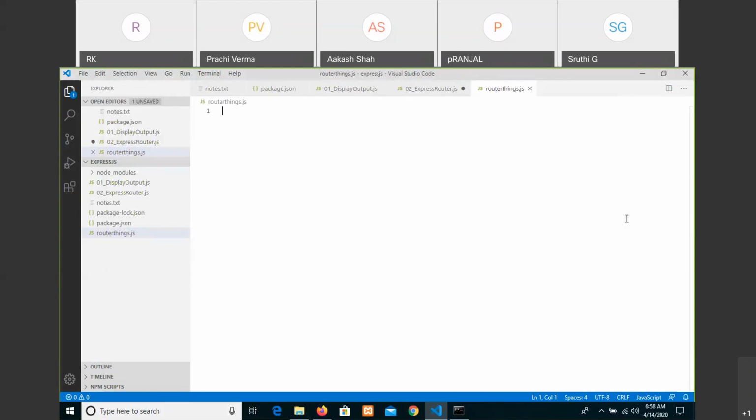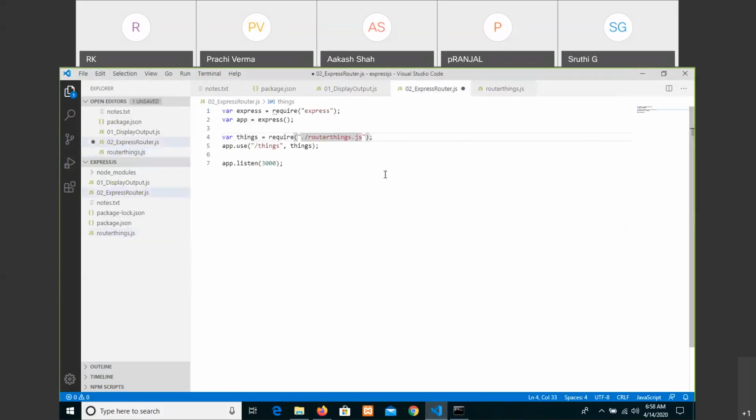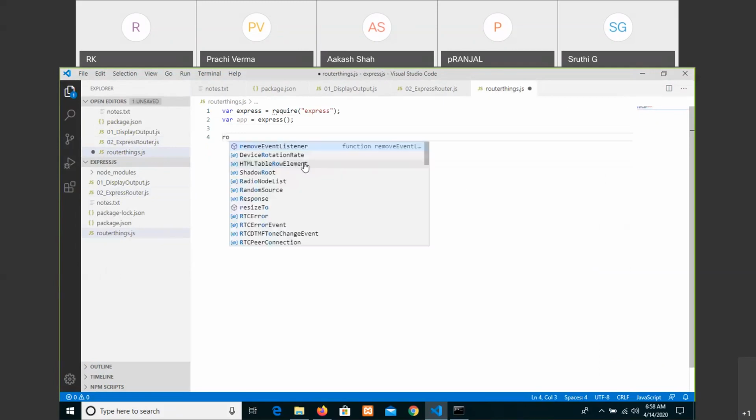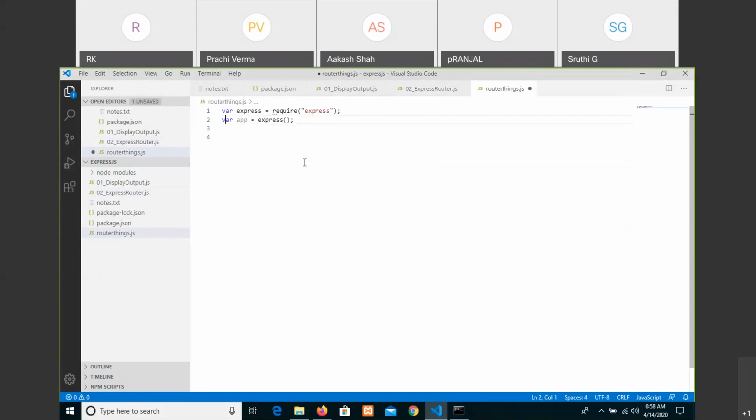And now in the router file, copy the two things once. As we have entered into the particular functionality which it has to execute through its routing, I'm just writing here router.